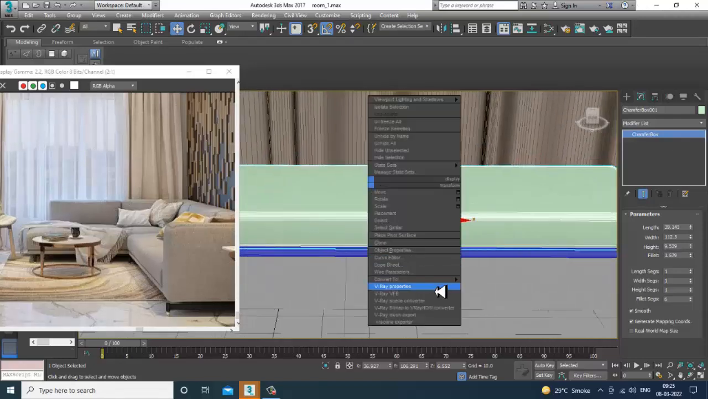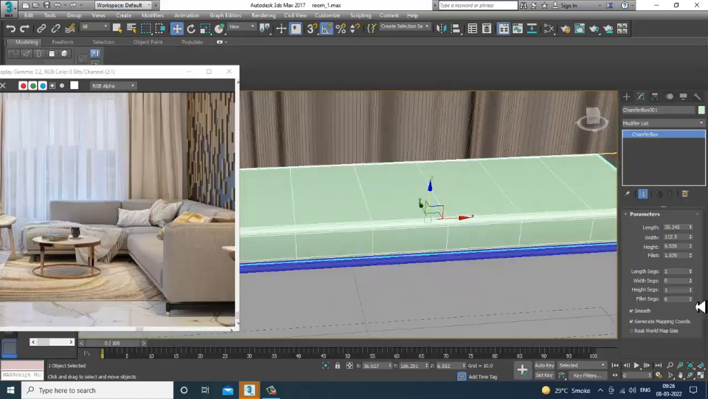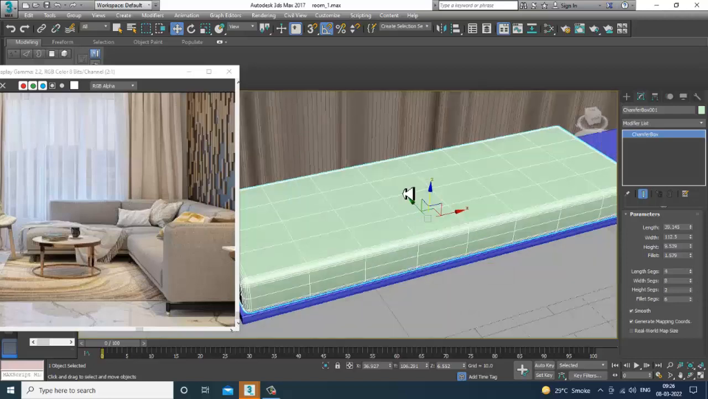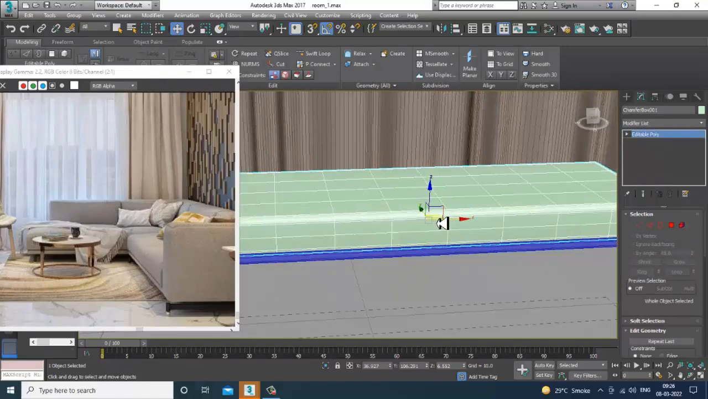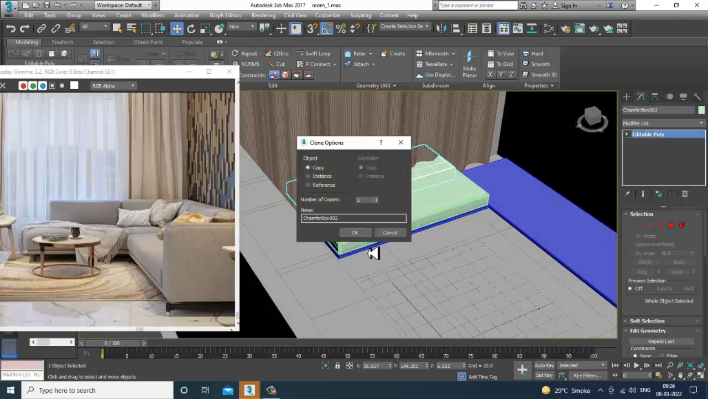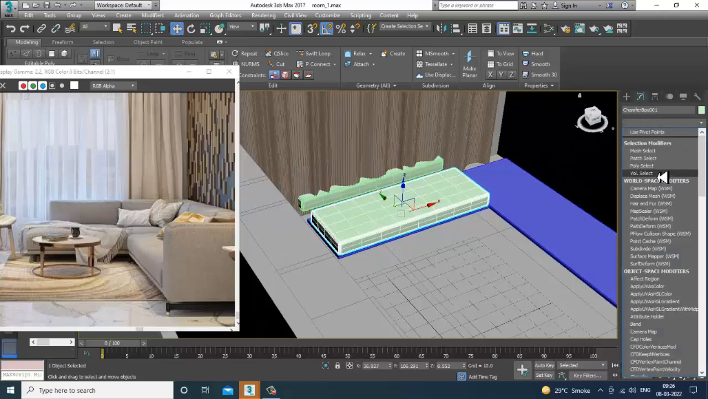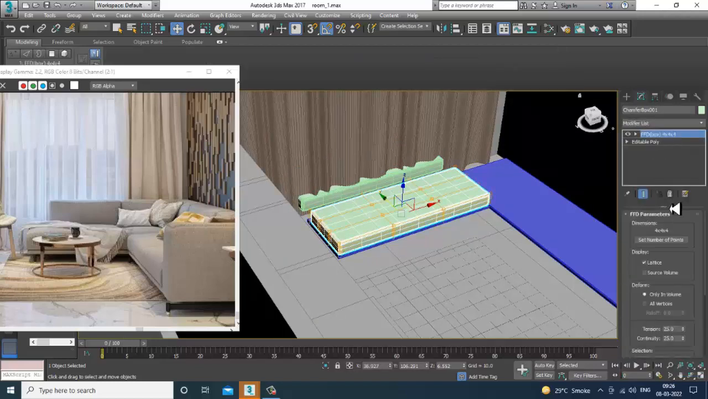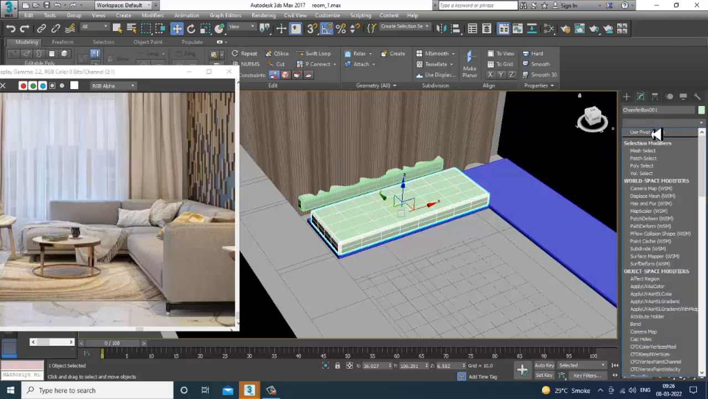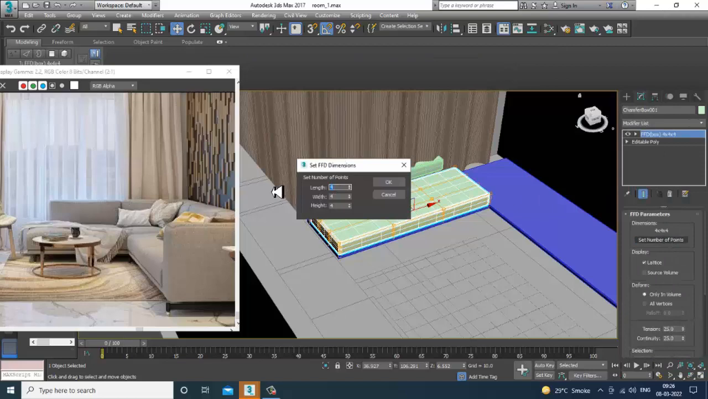So convert to editable poly. Before that I can add a few segments. Convert to editable poly. I'll make a copy of it and give an FFD box. Let's take a freeform deformer box and increase the number of points to 6 over here,